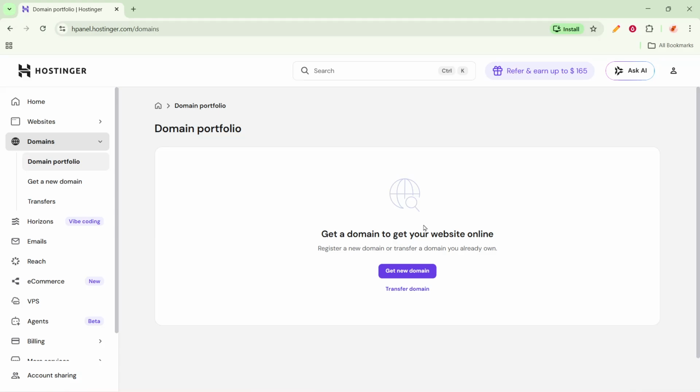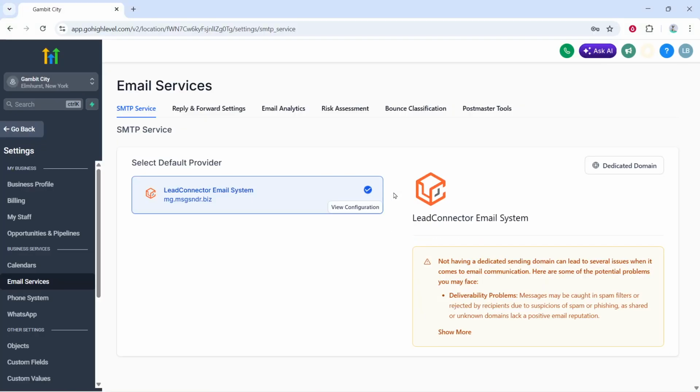Save the record. After saving, your DNS may take time to update. Propagation can be quick, but it may take several hours depending on your DNS host. Once you've given it a bit of time, verify that the DMARC record is active. You can use a public DNS checker to look up the TXT record for _dmarc.yourdomain.com or return to GoHighLevel to